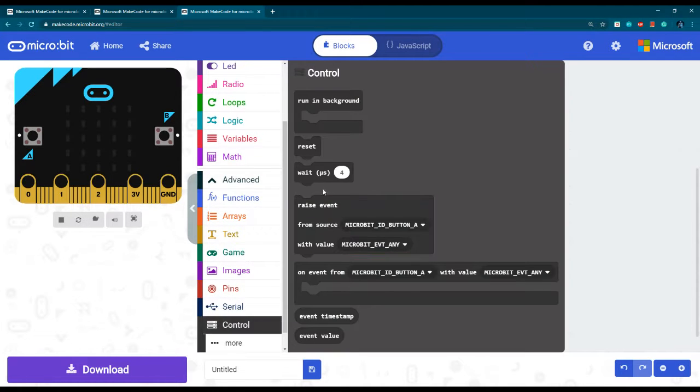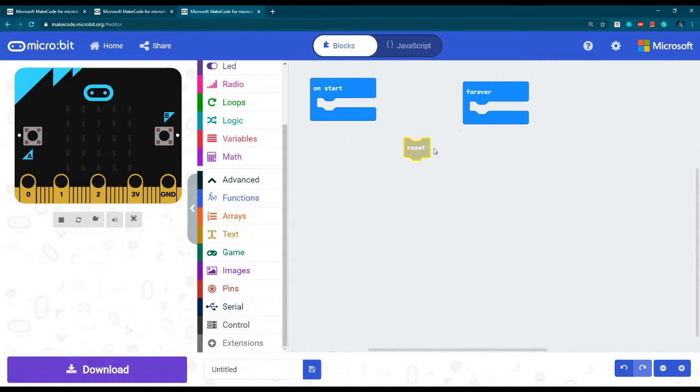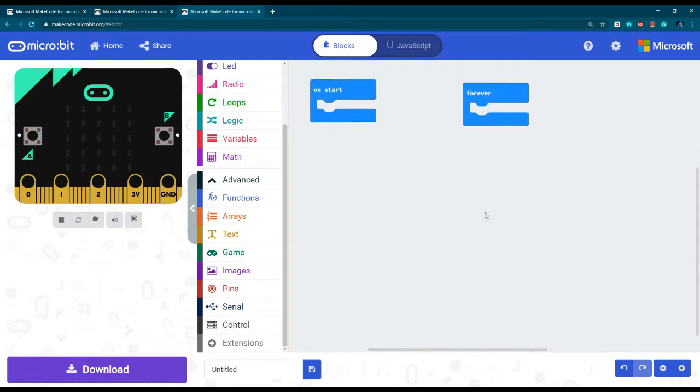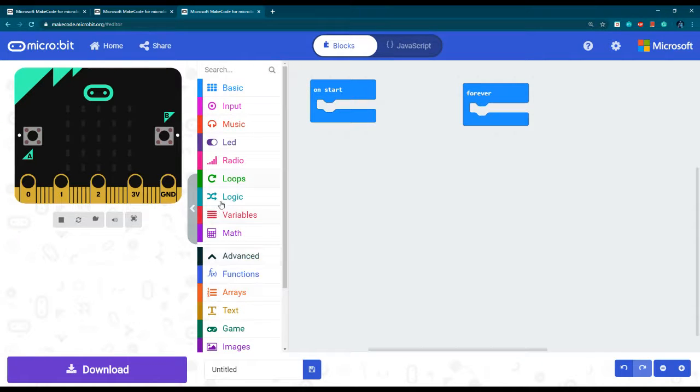Okay. Control means what? Sometimes you have to do the interruptions, or interruption means you have to stop the code while it is running without pressing the reset button. So what should you do? Yeah, there's a reset in control. Okay, there are lots of things. That's why I told you should try those. And